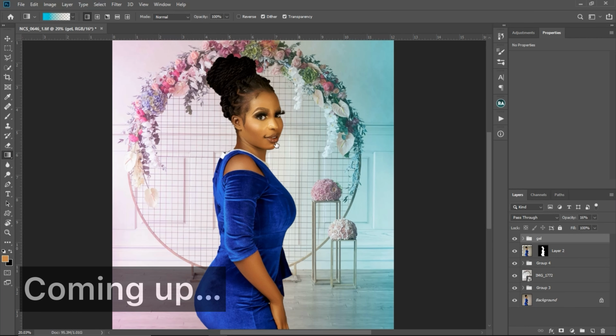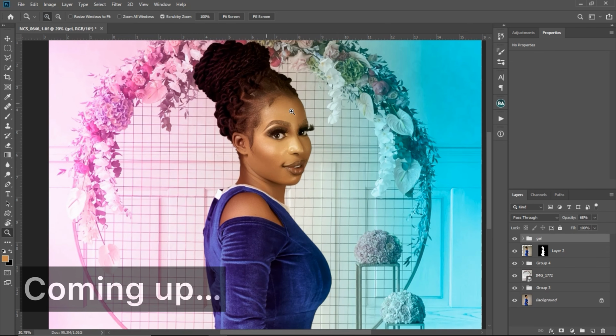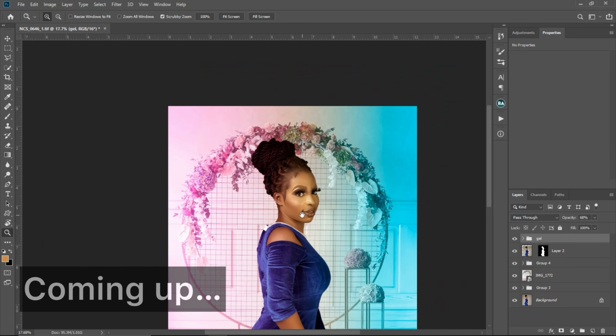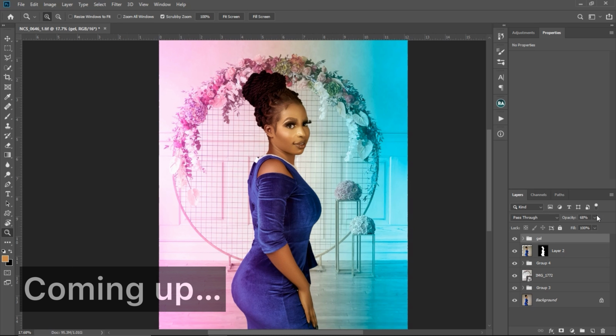You can see the colors right now are spilling on my subject as well. So if I increase my opacity, you can see the colors on my subject. Just look at the hair right here. You can see the colors on my subject's hair and it's looking all realistic. But I feel it's too much, so I'm just going to reduce the opacity because I don't want it to